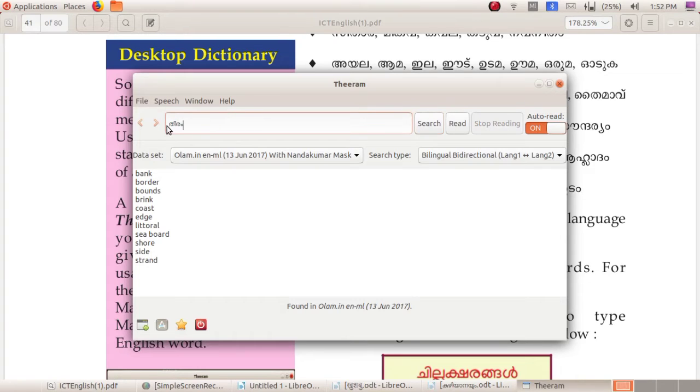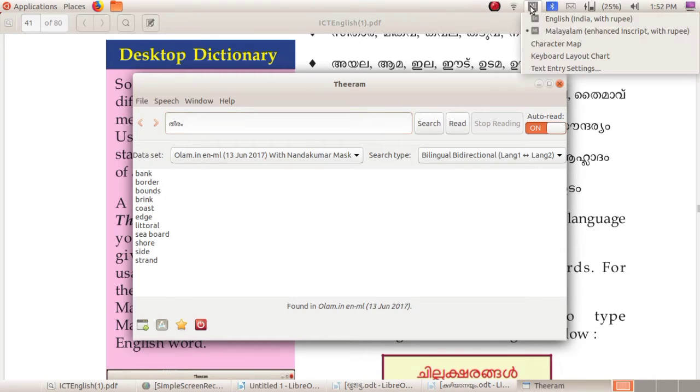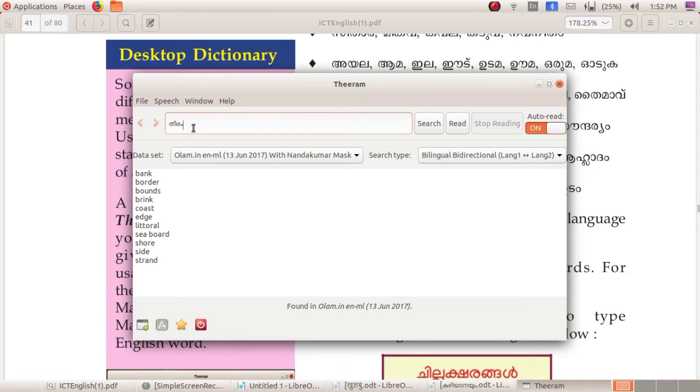When I have typed the word Theeram, you can see the English meanings of that word and you can hear the words being read by the computer. Okay, I am just typing an English word here. So I am changing the language to English and I am typing dictionary.